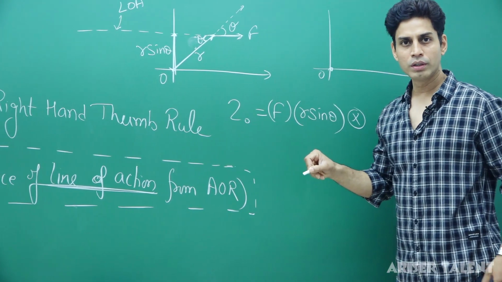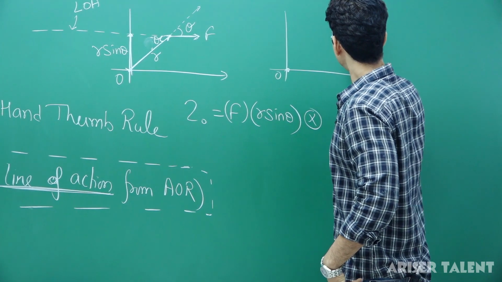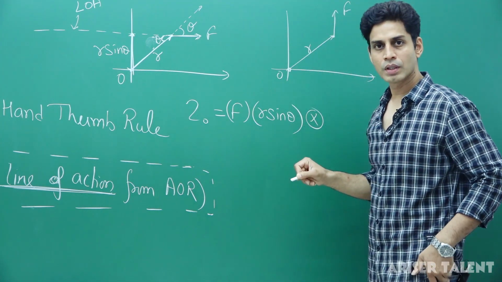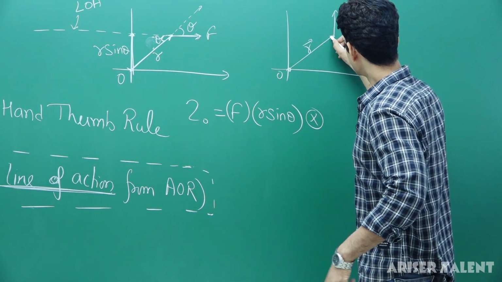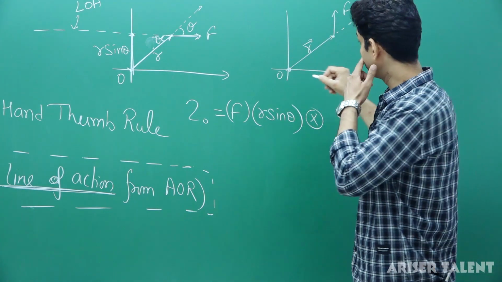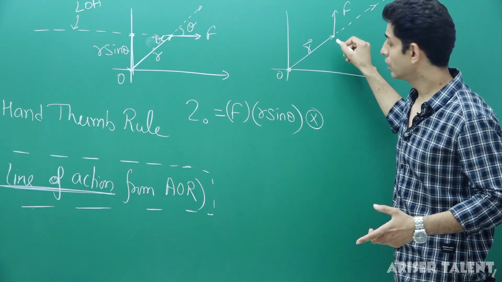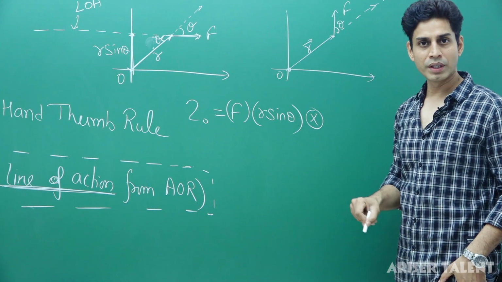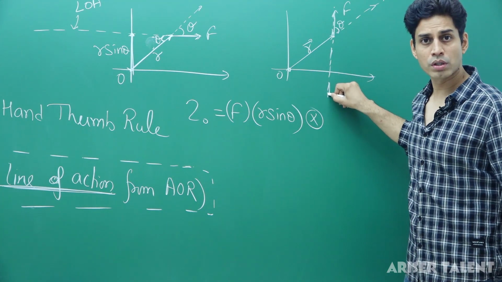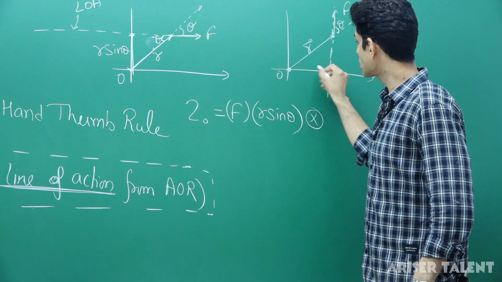Again, we have to write the torque about O, that is, about the origin. And you apply the force like this. Now this is the R vector. Just extend this F and this R so that we can write the angle between the R vector and F vector. Now tail coincides with tail, so this is the angle between them. It is theta. Now, this is the line of action of force.